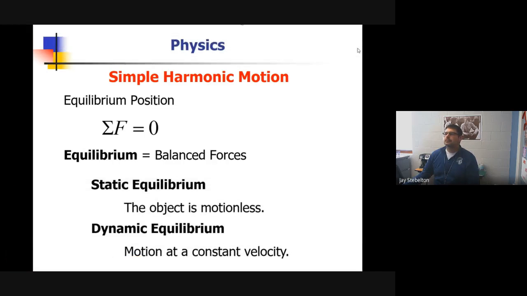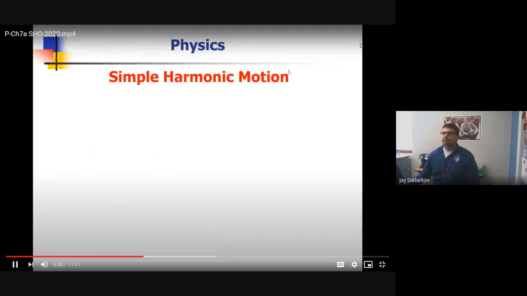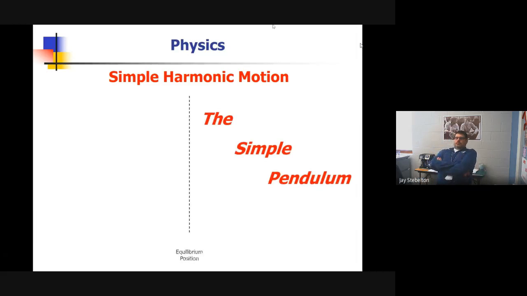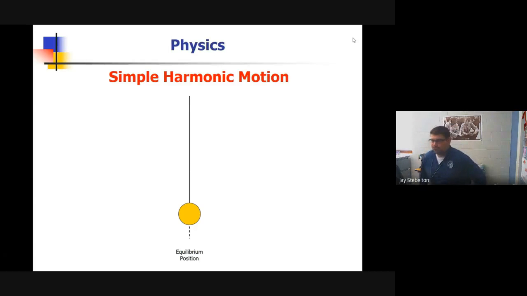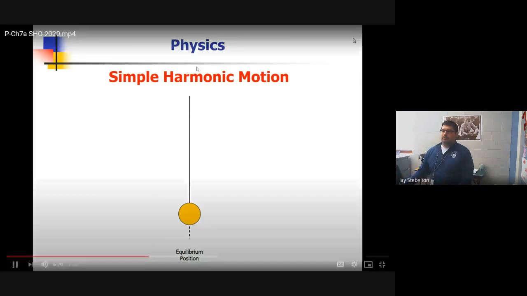Dynamic equilibrium is your car in cruise control. So let's look at the equilibrium position and the simple pendulum. Well, to make a pendulum work, I have some mass held by a string, rope, or chain. And at the equilibrium position, the forces are, first